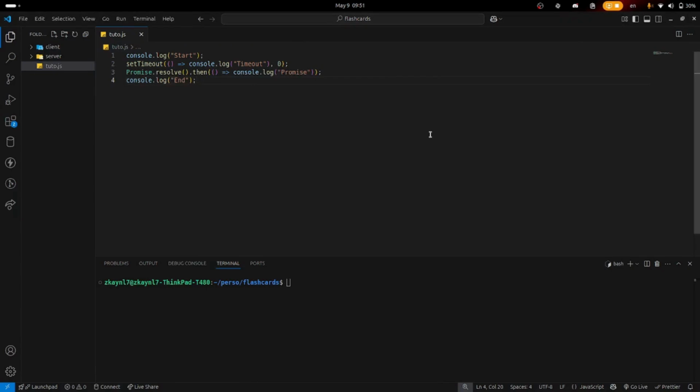So first, what do you guys expect from this code to run? Like, what is going to be displayed first? When you see this, I think most of you think that the first thing that will be displayed is